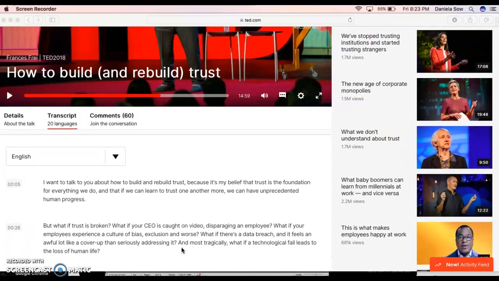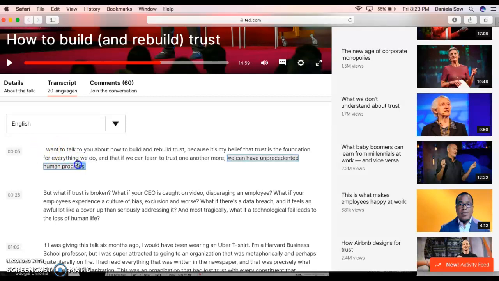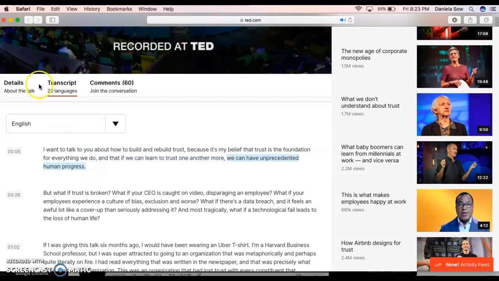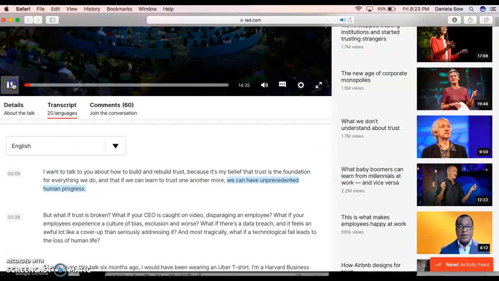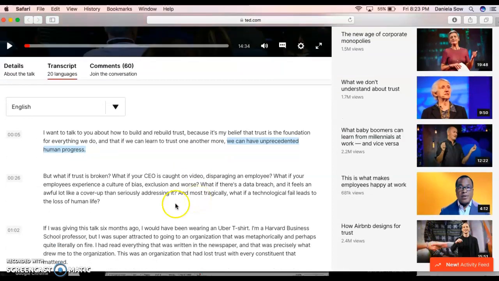the strategies. So one thing I would want you to notice is that this speaker's thesis is at the beginning of the lecture. She immediately says what she wants to talk about. We can have unprecedented human progress. So she ends up talking about what her belief is regarding trust. And she has this idea that if we can learn to trust one another more, we can have a lot of progress. And then she poses a lot of questions in her